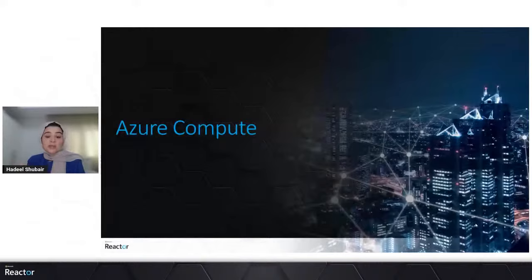Microsoft Azure Compute is the base of any application that is running in a real-time environment, and it covers everything from deployment, testing, running, and managing your applications. This is all done with the help of Azure Compute.